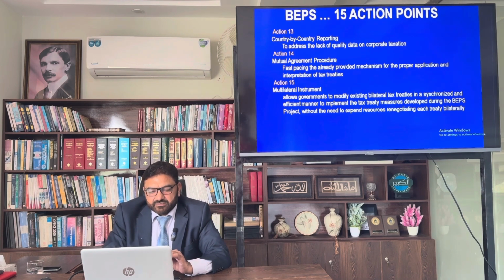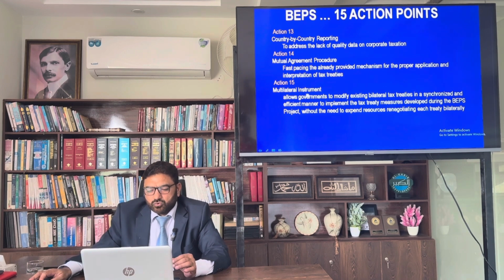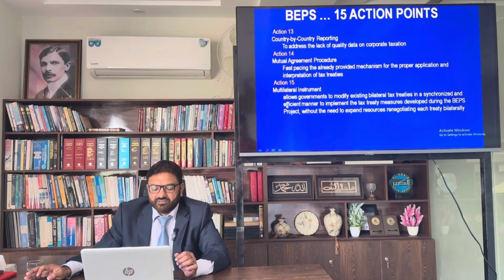Action 15, multilateral instruments, allow governments to modify the existing bilateral tax treaties in a centralized and efficient manner to implement the tax treaty measures developed during the BEPS project without the need to spend resources on renegotiating each treaty bilaterally. As I